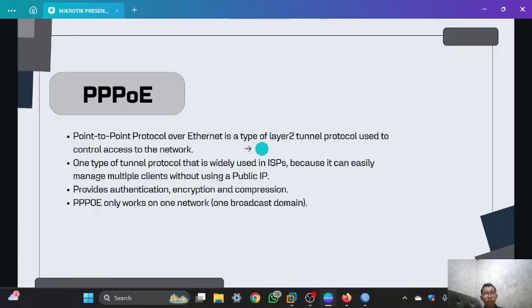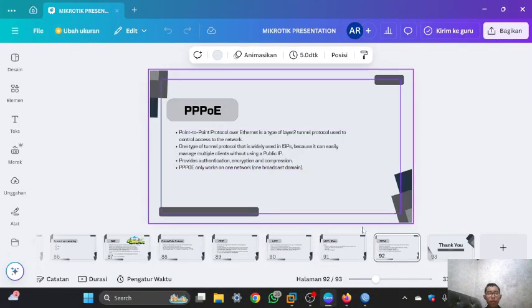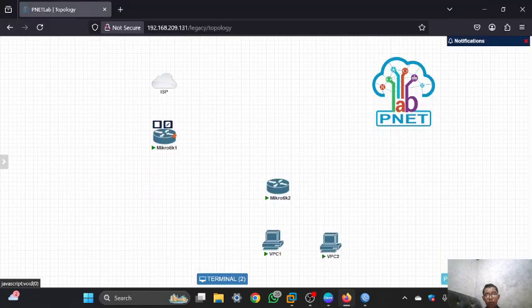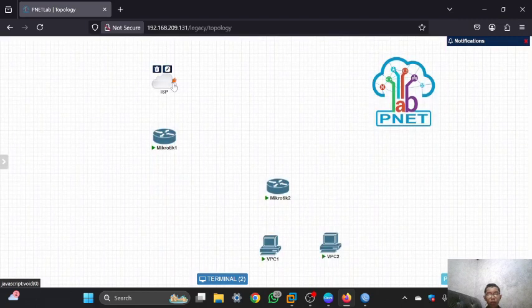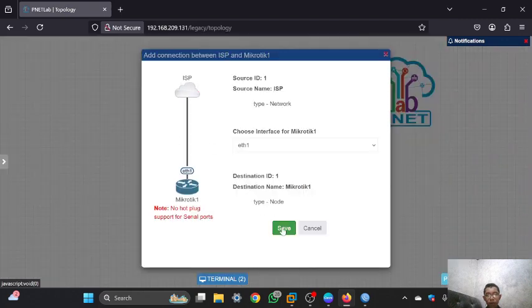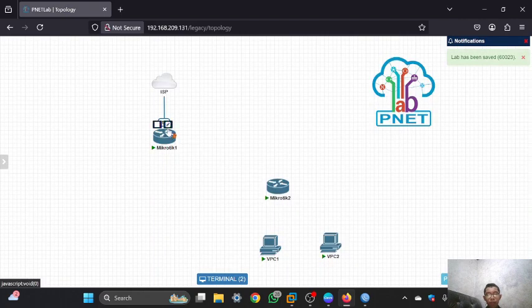So I will configure the PPPoE in a new topology. In the new topology, you can add two routers, one network, and two clients, for which I will use the VPC. And for the ISP network, I will use the CloudNet, and you can connect the ISP to router 1, and you can click save. Then you can open it,